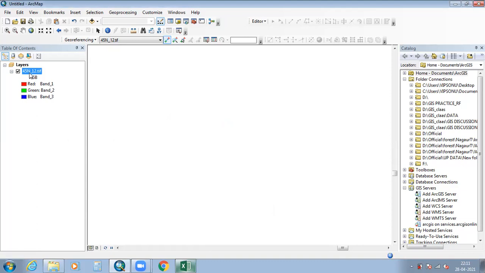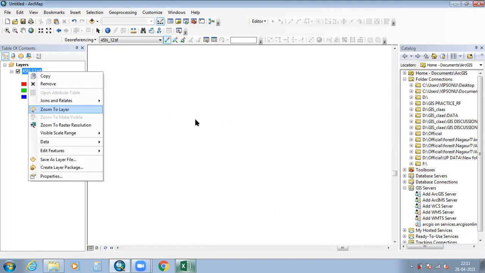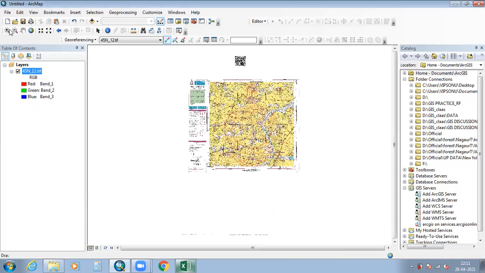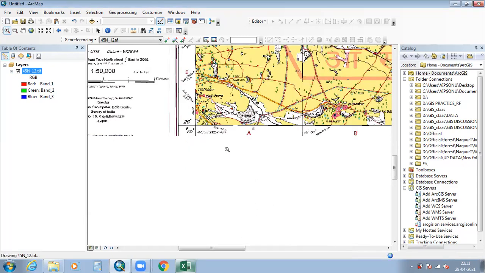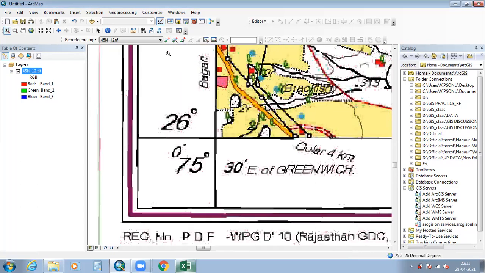Now zoom to layer, then again zoom it from here, and the longitude value for it is 75 degree 30 minutes, and latitude value is 26 degree 0 minutes. Again use add control point, first left and then right.